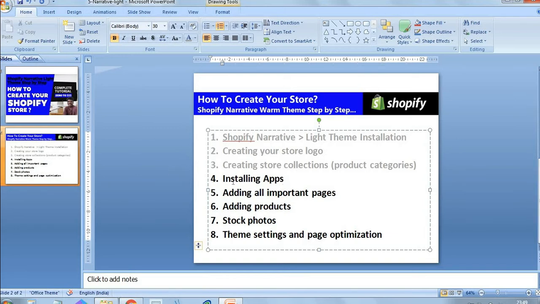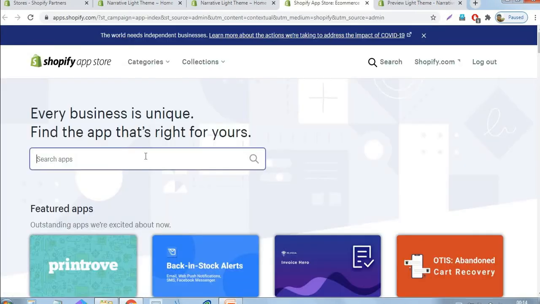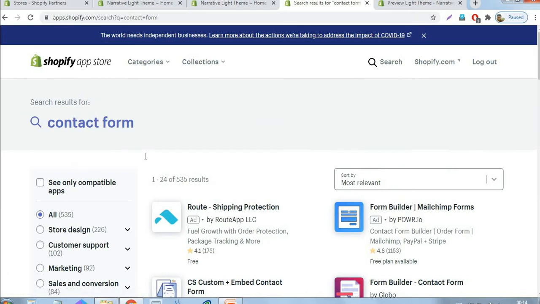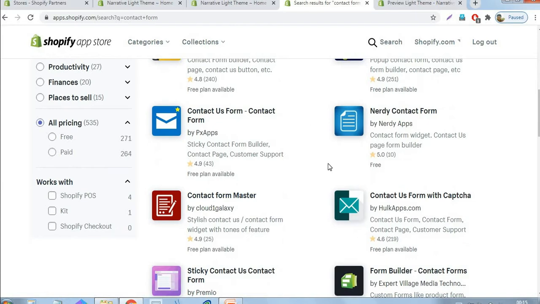So let me see how we can install apps in Shopify. For installing apps, just click the apps link in your Shopify dashboard and click the visit the Shopify App Store link. First, I want to install a contact form. There are a lot of applications available, but I am choosing Nerdy contact form here.